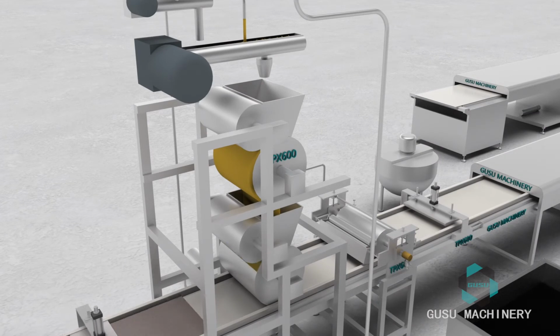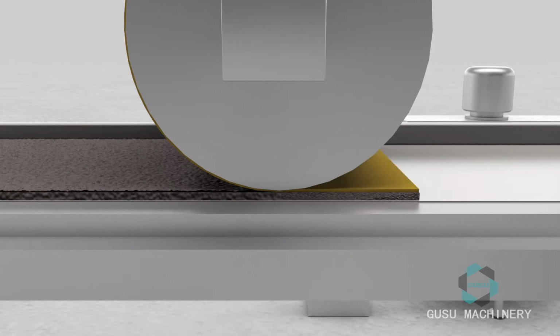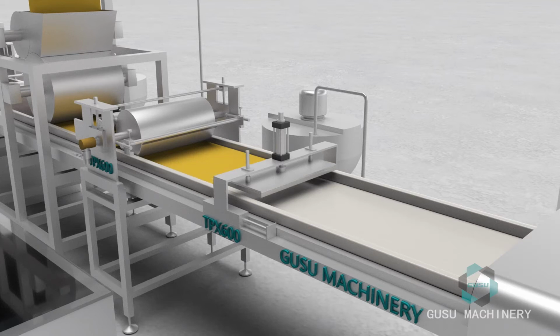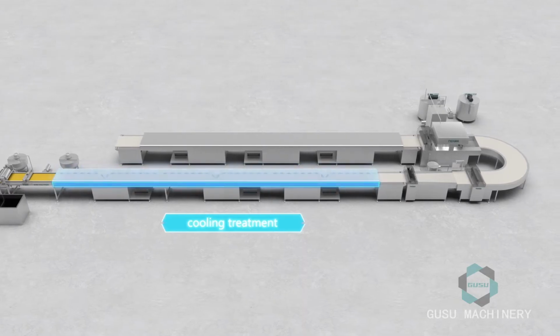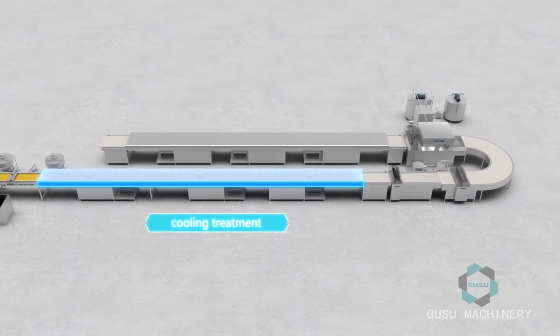The candy bars extruded by the group of rollers are laminated together and then sent to the second group of flattening rollers and compaction mechanism by the candy bar line conveyor belt. The whole candy bar then enters the cooling tunnel for cooling treatment. The cooling tunnel's cold air is provided by the evaporator